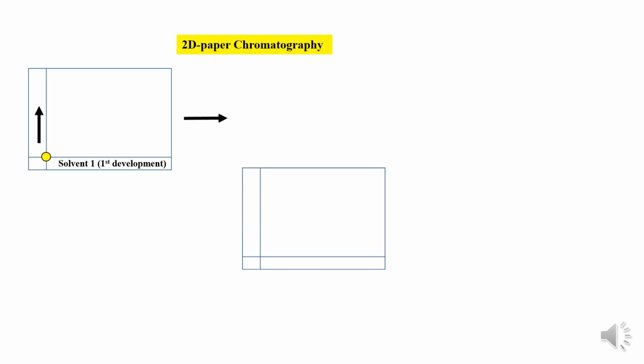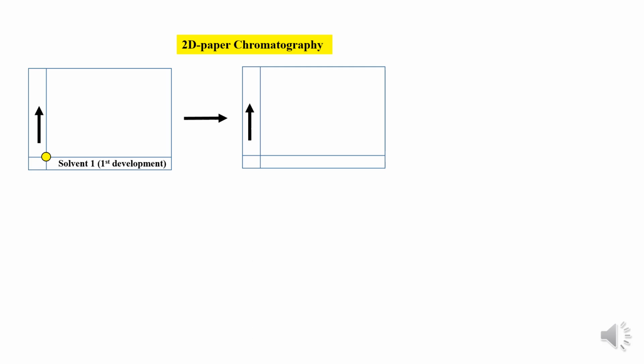After the separation is done, we see that the given sample mixture is separated into 3 individual components highlighted by red, blue and green colors. Now dry the developed Whatman paper, and after drying it,